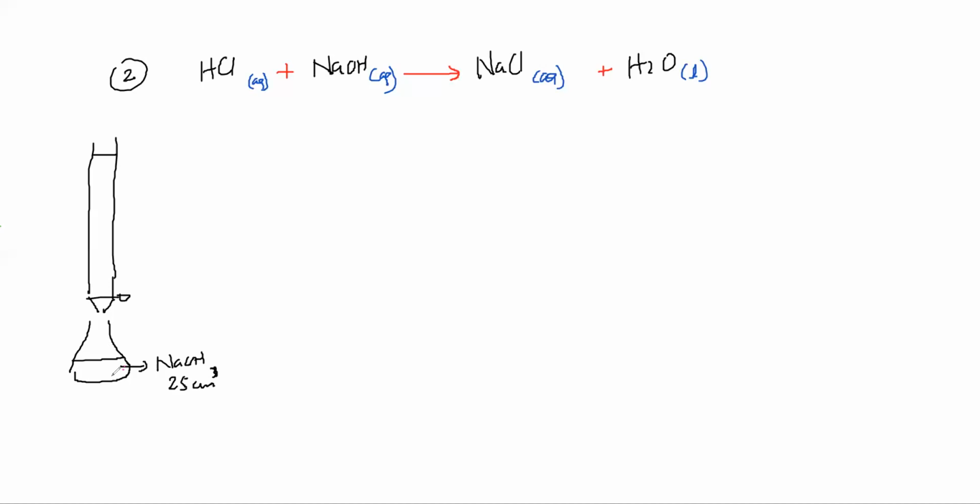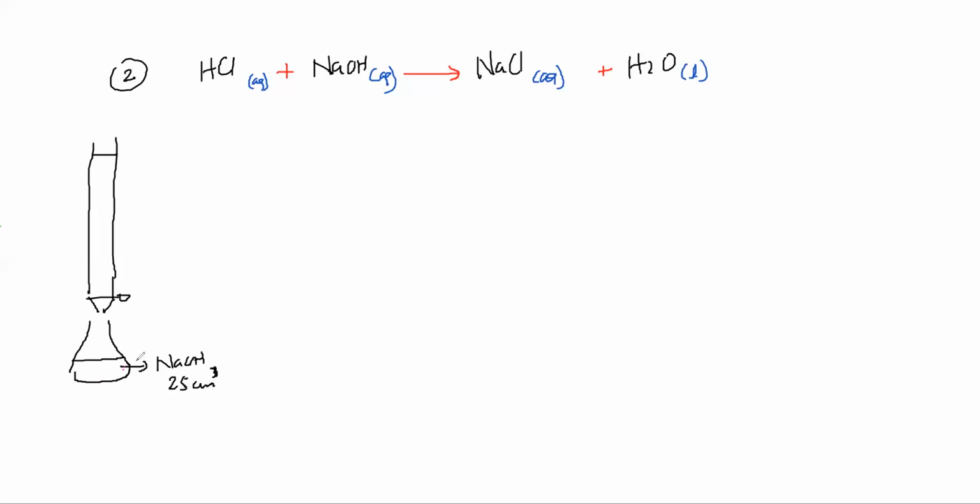Anyway, coming to this, I added HCl drop by drop till all the NaOH is used up. But how will I come to know all the NaOH is used up? For that purpose, I have added that indicator there. The indicator will give me a signal. What is the signal? The color change of the indicator. The indicator doesn't take part in the reaction at all.